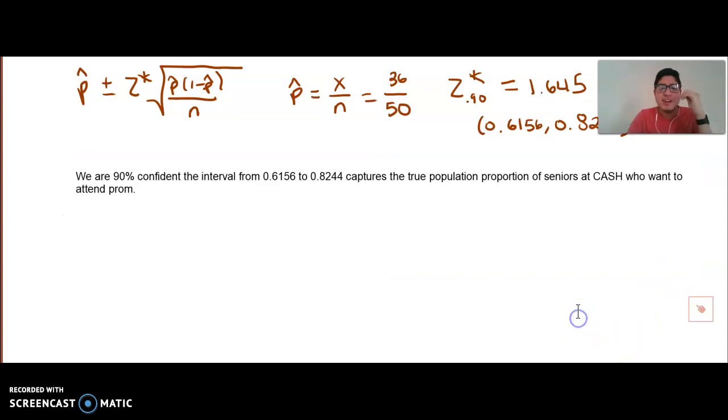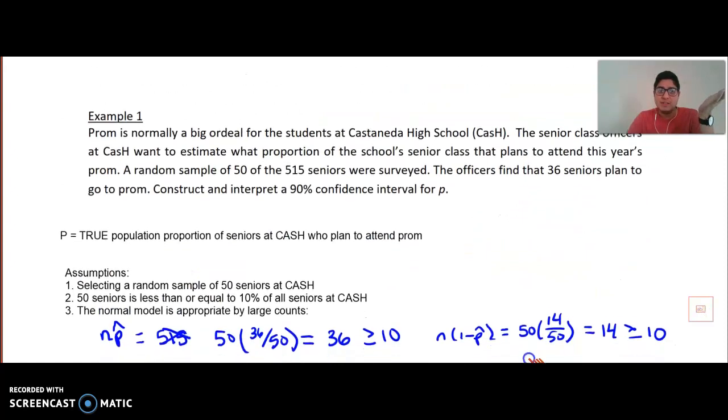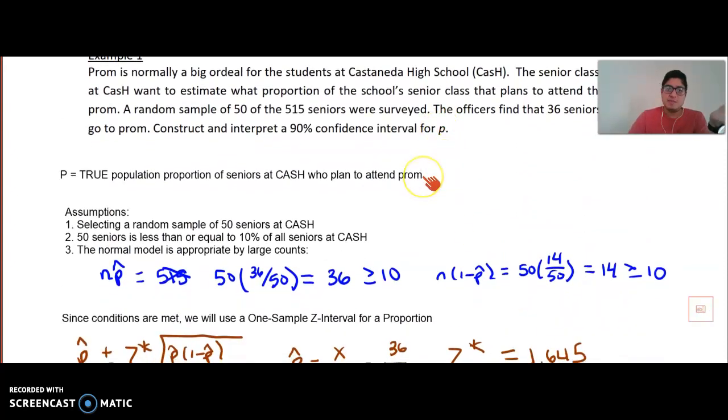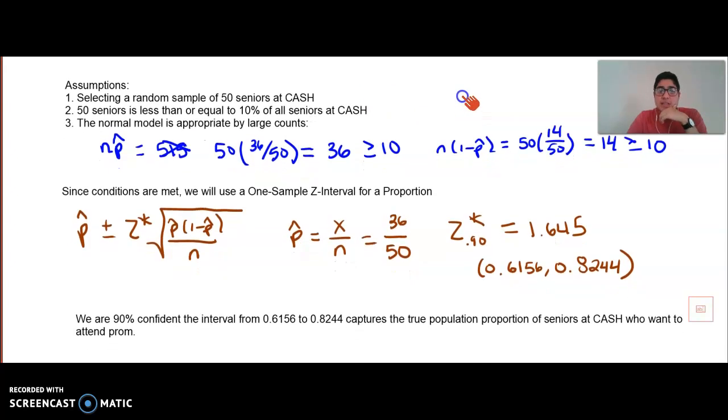We've officially run our first confidence interval procedure here. So let's just make sure we've checked off all the components. We are estimating the true population proportion of seniors who plan to attend prom. We had a random sample, which means our center would be an unbiased estimator. Our sample size is no more than 10% of the population, so we can correctly calculate the spread. Our normal model was appropriate by large counts, so we can use the sampling distribution for p hat